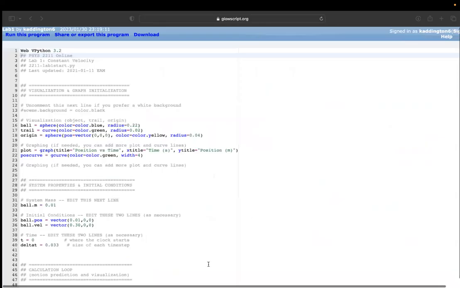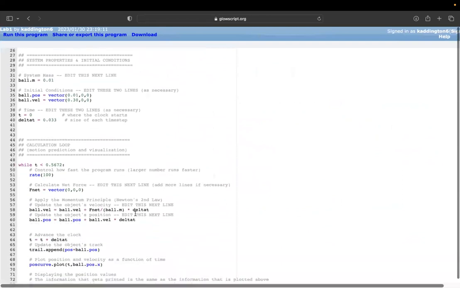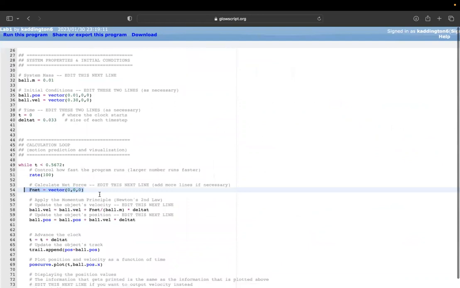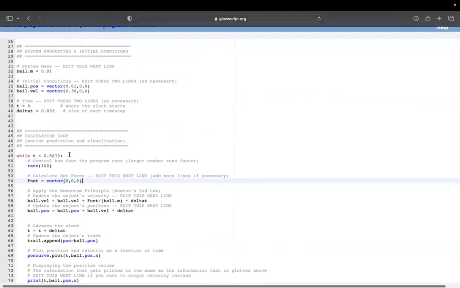We can see this in a computational model since the F net vector will be just 0. So we are assuming that the system, which is the marker, is not being acted on and is not having interactions with its surroundings. So we create a loop in the computational model